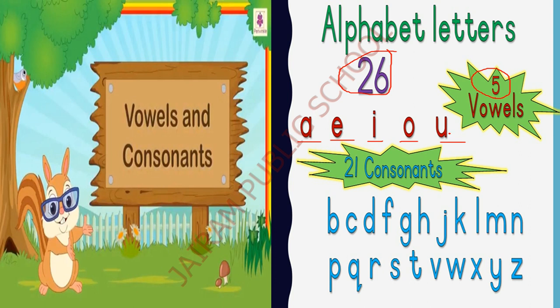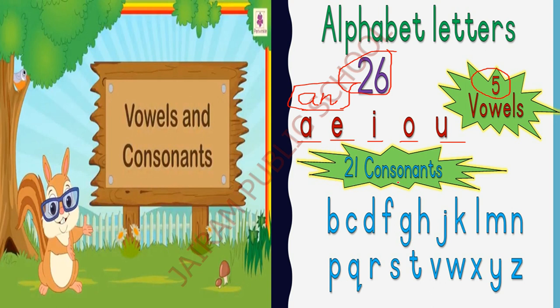Whenever we see these vowel sounds in front of any naming word, if it is a singular naming word, we will add an in front of that noun. Whenever you find the sound of vowels, not the letters, dears, kindly note this down. If you hear the sound of these 5 vowels at the beginning of the naming word, you have to add an in front of it. I think you understood.